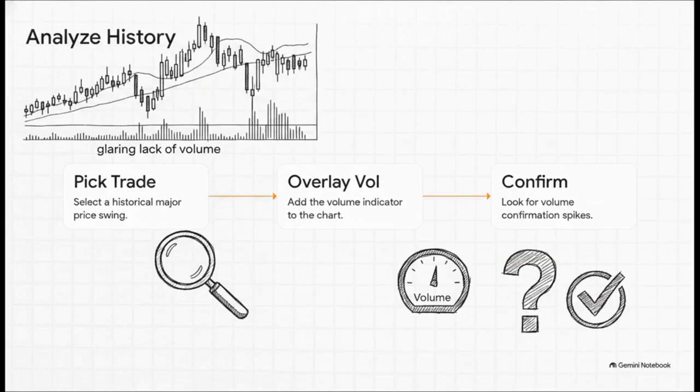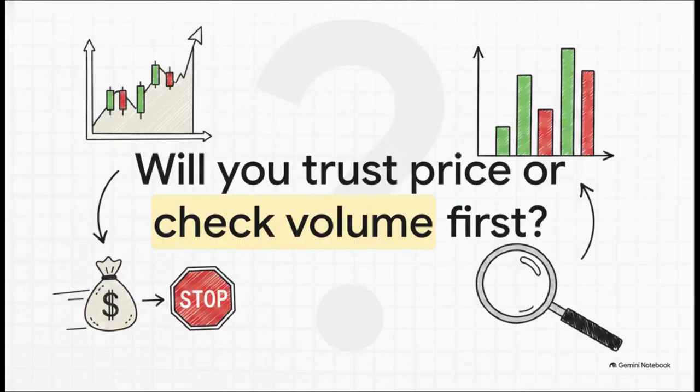Step 3, put on your detective hat and look for the confirmation. Did the volume spike right as the breakout happened? Was there a glaring lack of volume right before a major crash? By practicing this on past data, you're literally training your eyes to instantly spot the truth when it happens live. And that brings us to the core mindset shift for today's lesson. We've established that the market is always trying to trick you, and we've just handed you the ultimate lie detector